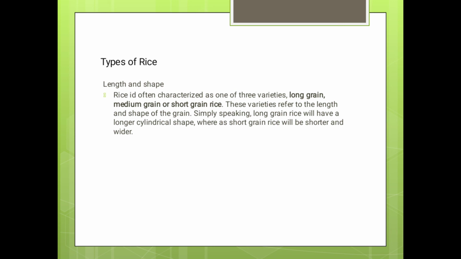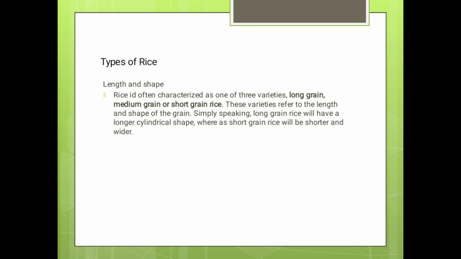So additional information about this topic is type of rice, length, and shape. So rice is often characterized as three varieties. So ang rice na characterized in three varieties. Nasa natin long grain, medium grain, or short grain rice if makabantay mo.